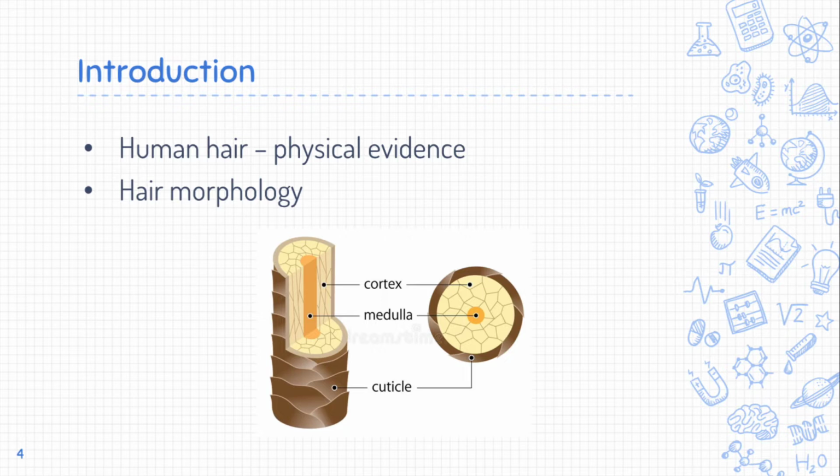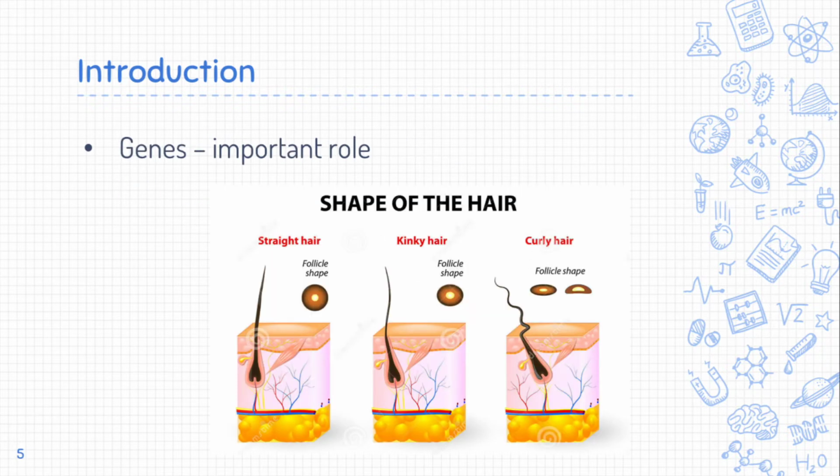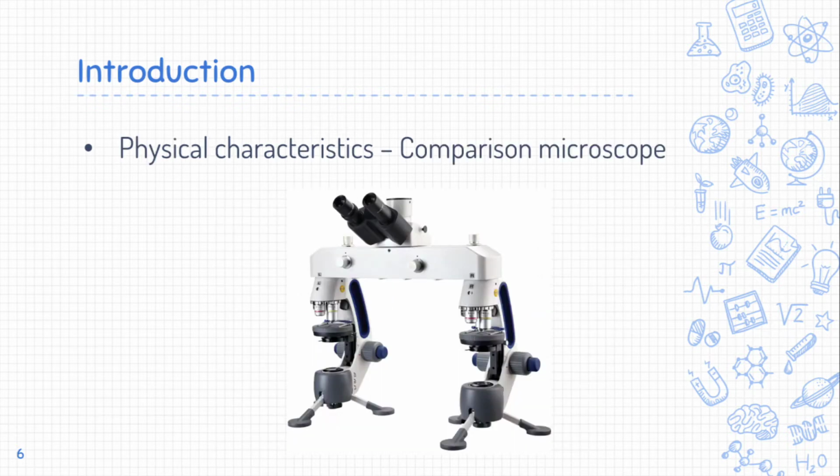This is due to the fact that a single strand of evidence hair cannot be used to positively identify an individual. This is shown in figure 3, the anatomical parts that make up a hair, which are the cuticle, the cortex, and sometimes the medulla. Genes. Important role. Genes play an important role in determining both the shape and texture of the hair, round or oval, curly or straight. For identifying and comparing the microscopic properties of hair, the comparison microscope was thought to be the only accurate